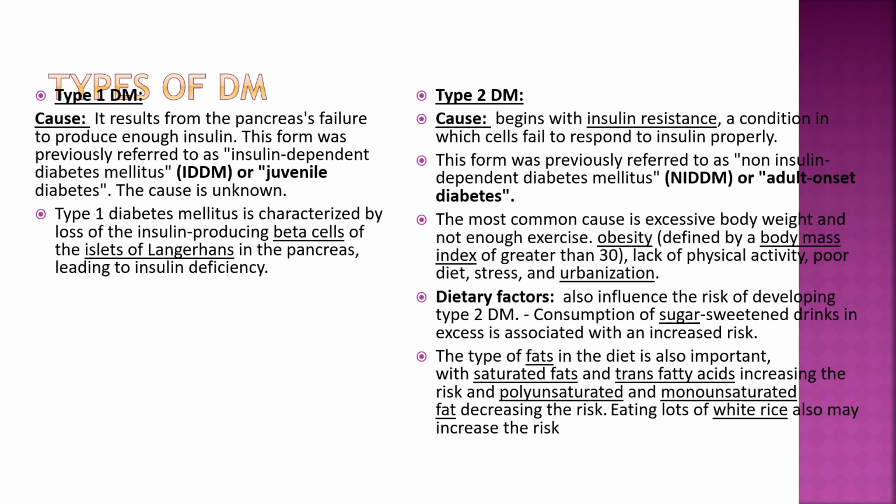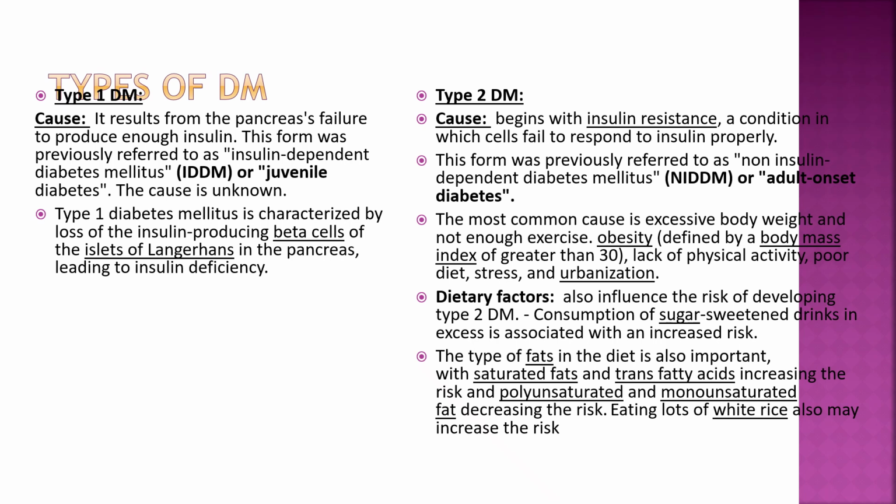Type 2 diabetes is insulin resistance, a condition in which cells fail to respond to insulin properly. This form was previously called non-insulin dependent diabetes mellitus or adult onset diabetes. The most common cause of type 2 diabetes in adults is excessive body weight and not enough exercise. So obesity, which is body mass index more than 30, lack of physical activity, poor diet, stress and urbanization. And dietary factors like